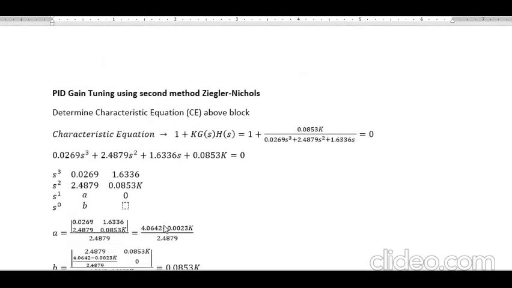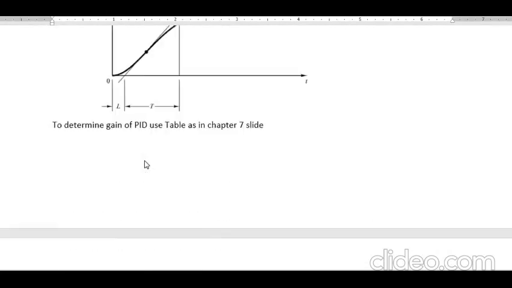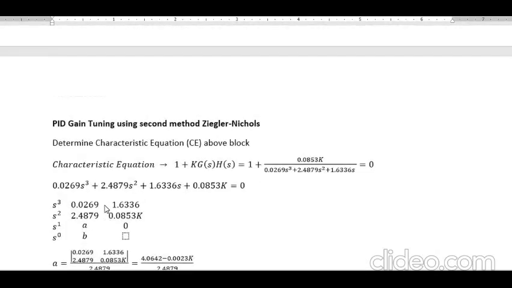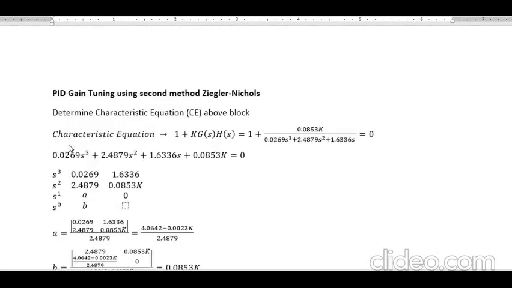Okay, now we come to the PID gain tuning using the second method of Ziegler-Nichols. From this block we can determine the characteristic equation.